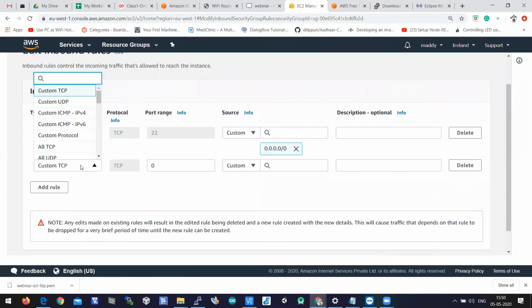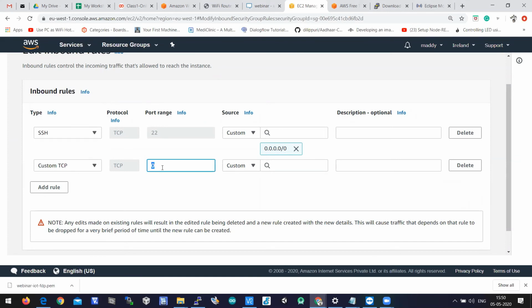Custom TCP. Port range: the port is 1883. 1883 is the default port number of the broker. So you enter 1883.